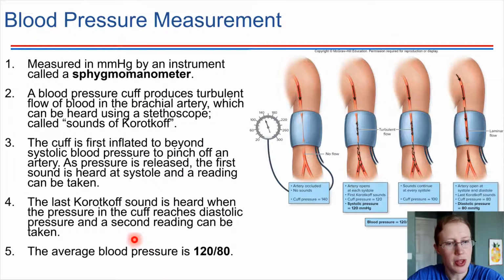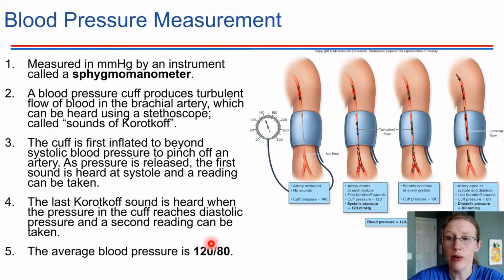Anyway, an average blood pressure reading is 120/80. These two numbers are giving us a reading of the pressure in an artery at two different stages of the cardiac cycle. 120, this is called the systolic pressure. This is the pressure during systole, so during the contraction phase. Contraction is when the blood pressure is going to be highest. Okay, so in the arteries, that's like the maximum pressure during the cardiac cycle. And then 80, this is the resting pressure, the diastolic pressure. This is when the heart is resting, and so the blood pressure is going to be at a minimum.